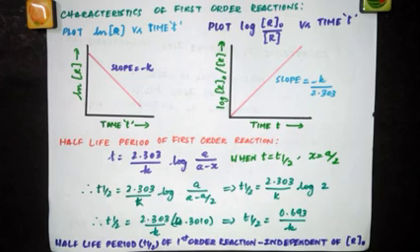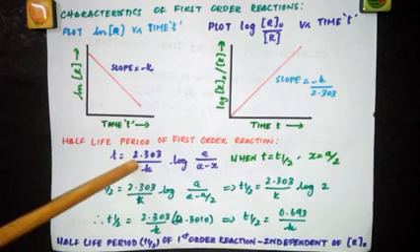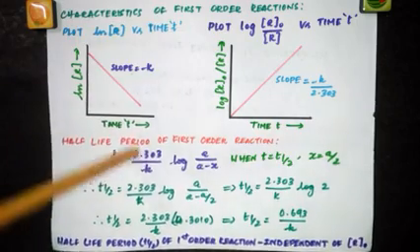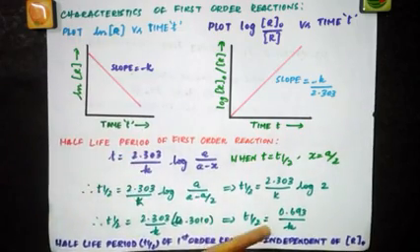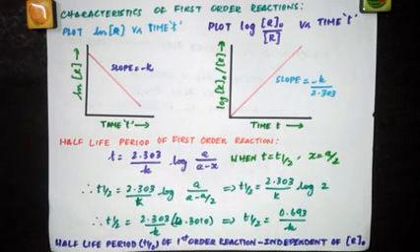So the question will be like, show that the half-life period of a first order reaction does not depend upon the initial concentration of the reactant. Then you have to do this derivation and then write this expression and then write this shows half-life period is independent of the initial concentration. Same way, if they ask you show that zero order reaction, the half-life period depends upon the initial concentration, same way you have to derive that expression. You can start from here, from the integrated rate equation. You need not do the derivation for integrated rate equation and then come for half-life. You can start from here and then get the expression for the half-life period.